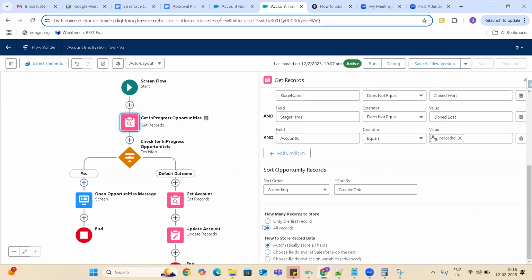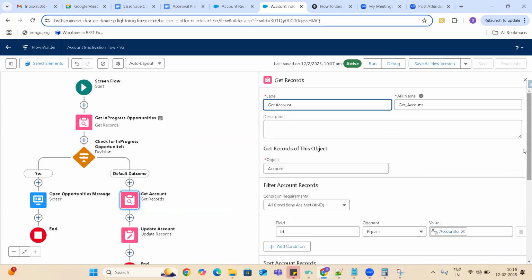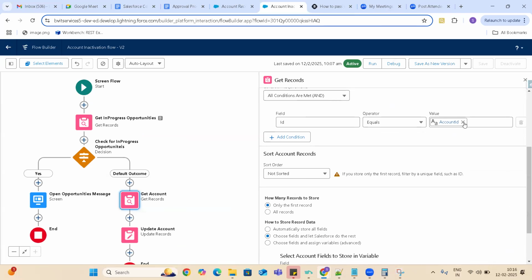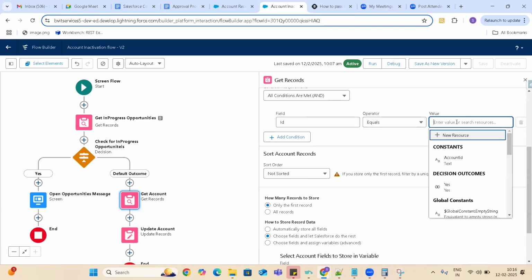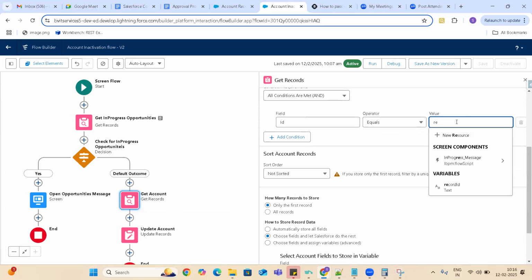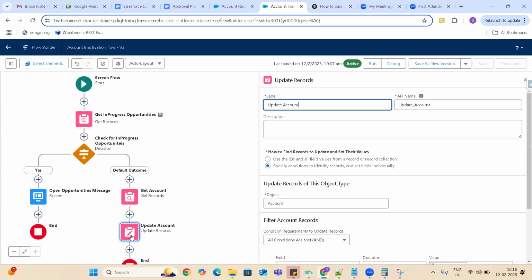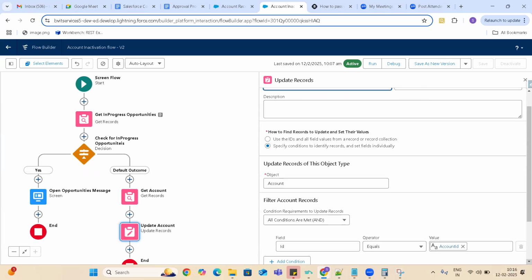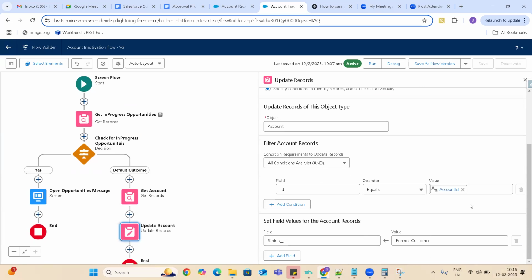Okay. And then again, get accounts. I'm using the hard-coded ones. Instead of that, I'm going to make it as a record ID variable. Okay. And update accounts, anyway, we haven't hard-coded anything. Here also,